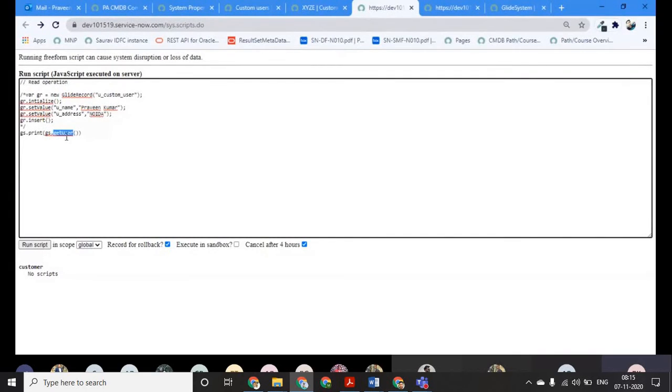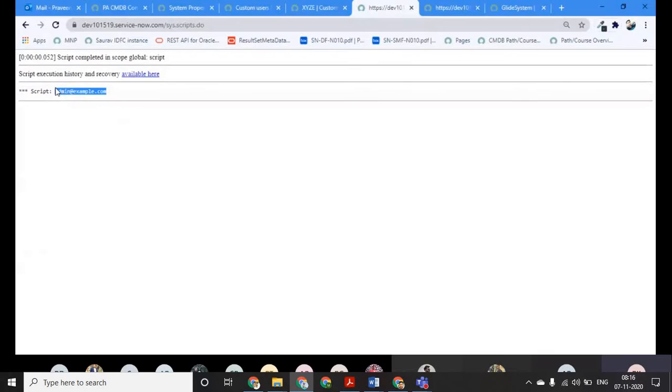So for the information related to the logged in user, whenever you want to print the name of the logged in user, or take the SysID of the logged in user, or get some other different information about the logged in user, you can use the glide system class for that. Okay, so gs.getUser, for example, I have to see it will return a glide object. So you can see it has returned the glide user object, and from that user object I fetched the email of the user, and this is the email of the admin.